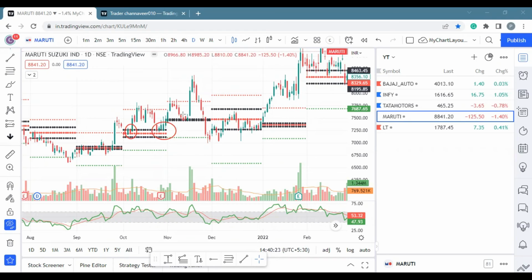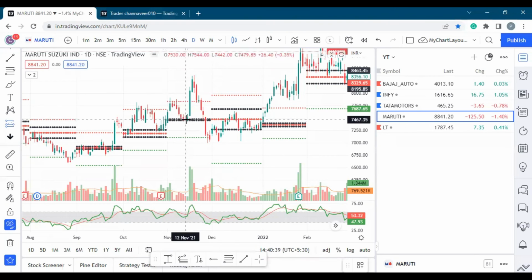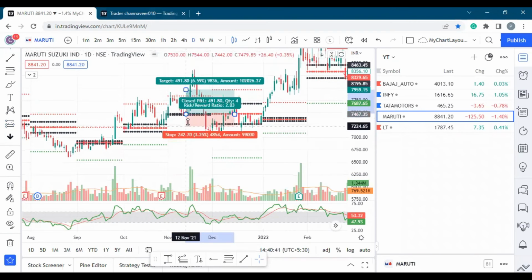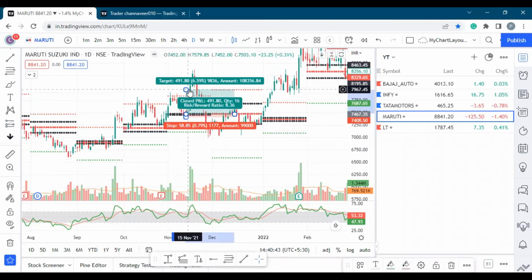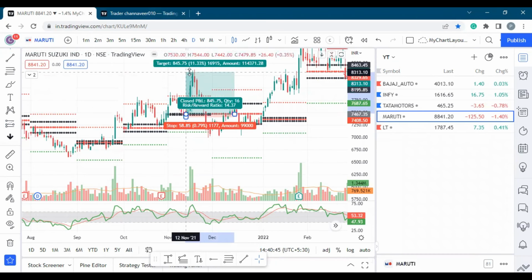There's another opportunity here. You can see that in a day our target of 1:2, we even got 1:4 in this trade. With this trade there is a huge risk to reward, but we'll not consider that, because as a ground rule we'll only consider two things. One is our risk to reward of 1:2 is met, or there is any trend reversal. Only then we'll exit the trade. We'll not see whether 1:10 or 1:4 is met.